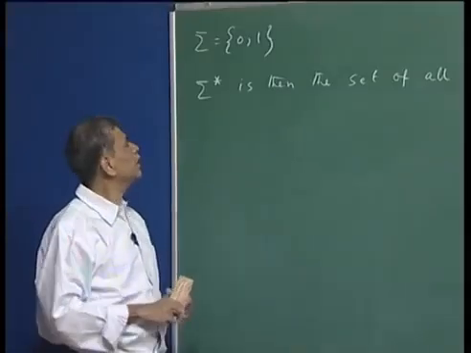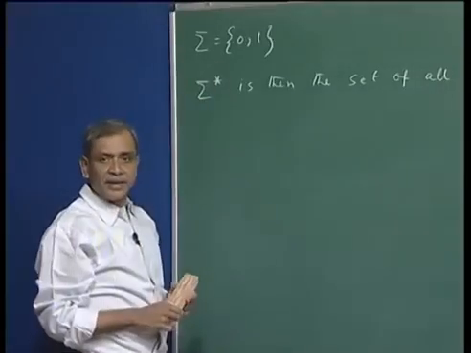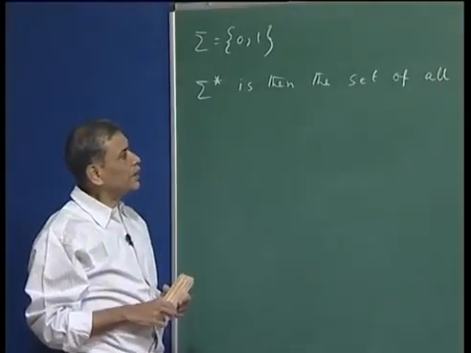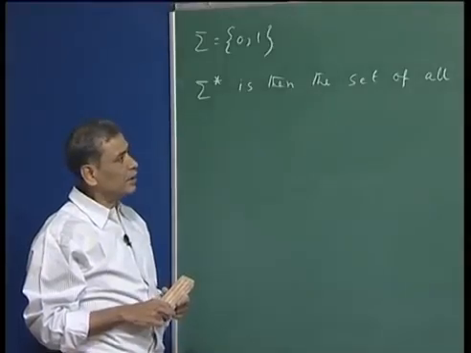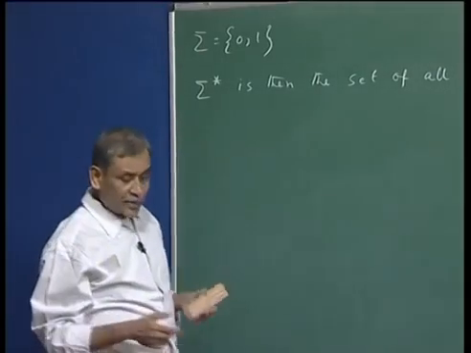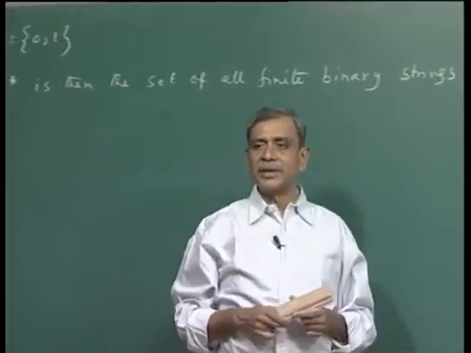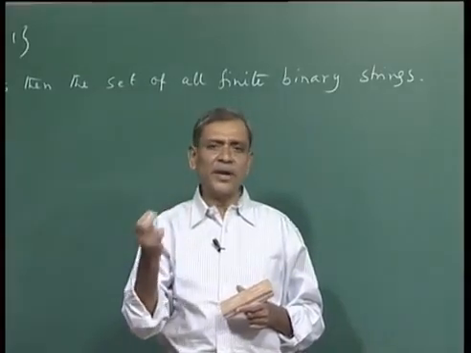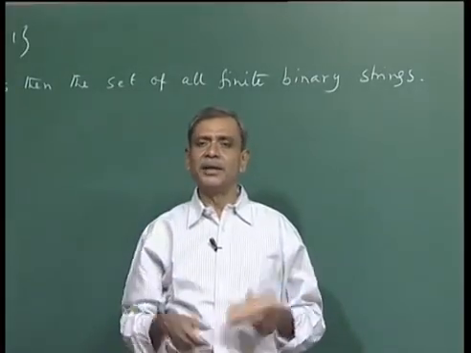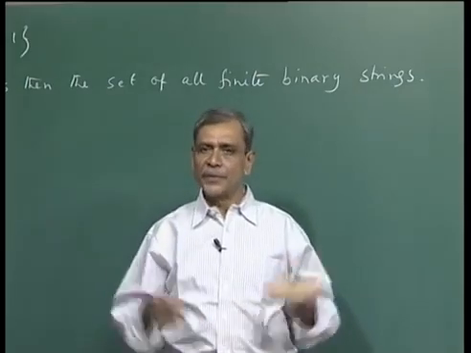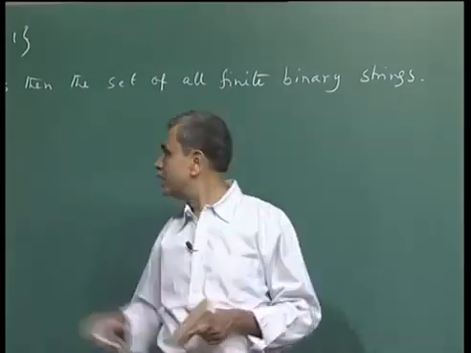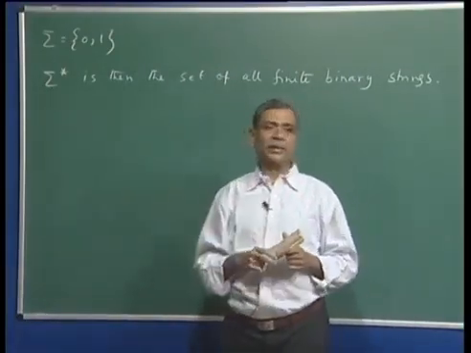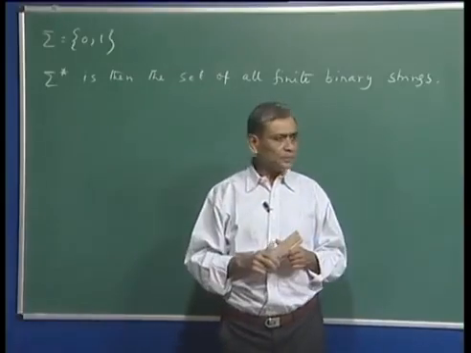Is this notion clear? That this is an infinite set and all its members have finite lengths, like the set of integers, right? That is an infinite set. Each integer itself is some kind of a finite object. It is, let us say, 10,000, it could be 1 billion, it could be a trillion. So the number can be arbitrarily large. Similarly, here the strings can be arbitrarily large, but each string in sigma star is finite.